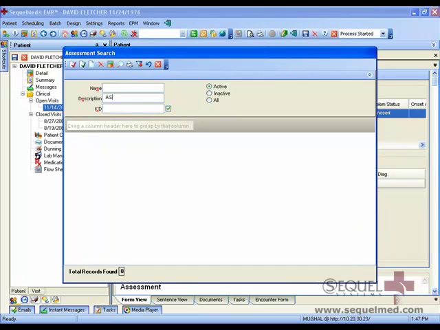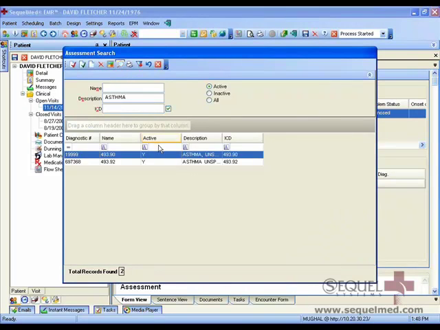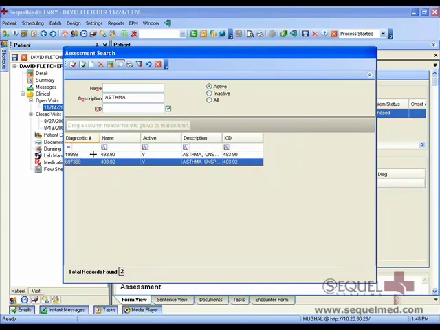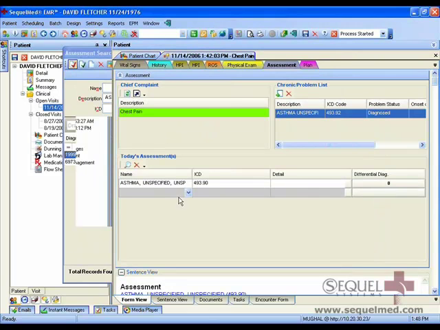So let's say if you weren't specifically sure, you can enter that in here, find it, and it will come with asthma unspecified. And in this case, you can select that. And this is only if it wasn't part of your diagnosis already. And if you wanted, you can also drag and drop this assessment into a chronic problem list, and that will become your chronic problem list. If you are a physician who also